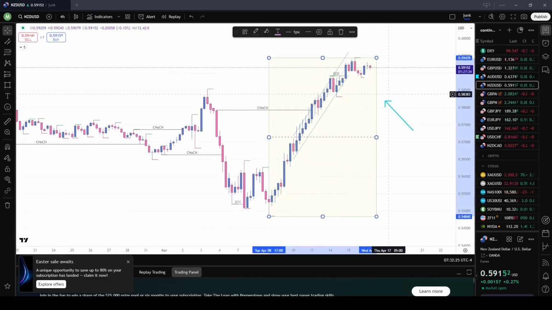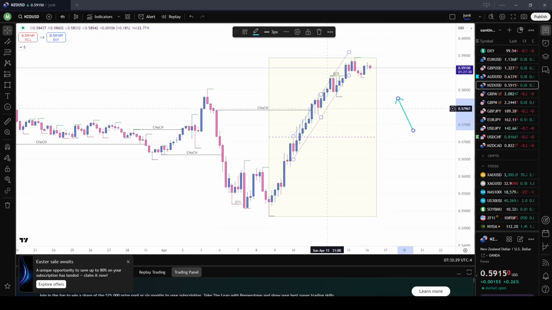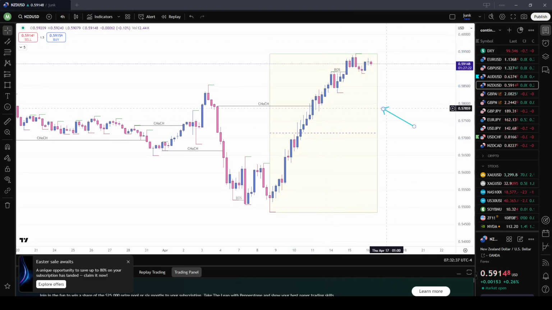And like I was saying with AUD USD, this has taken out the highs of the previous structure. There is an ascending channel that was forming. And just like with AUD USD, there is liquidity sitting under the lows. Expecting prices to retrace back into discount, looking for an opportunity when that does happen into any type of area